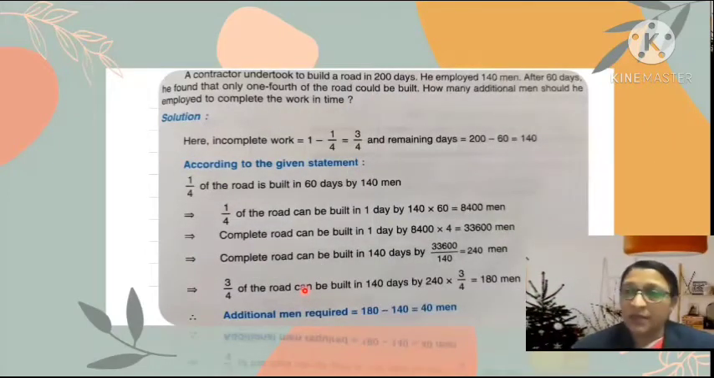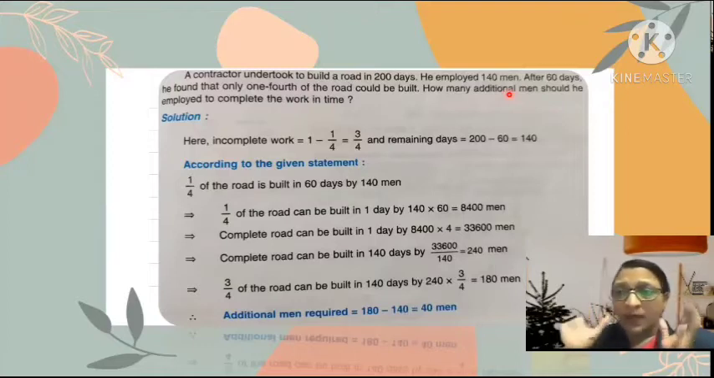This example is based on consideration of the whole work as 1. A contractor undertook to build a road in 200 days. He employed 140 men. After 60 days, he found that only 1/4 of the road could be built. How many additional men should he employ to complete the work in the given time? So here,